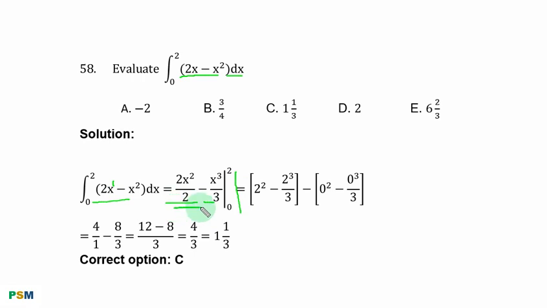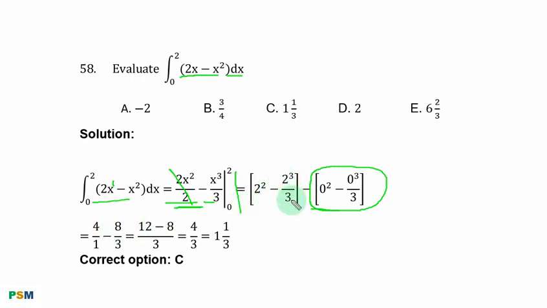You write the result and replace S with the upper limit, that is 2 square, because 2 we cancel 2 first. Replace S with 2, you square it, minus 2 cube over 3. When evaluating a definite integral, the operator is negative. You write the result again and replace S with 0. Here becomes 0. 2 square is 4